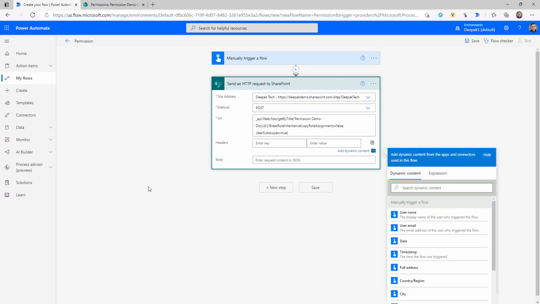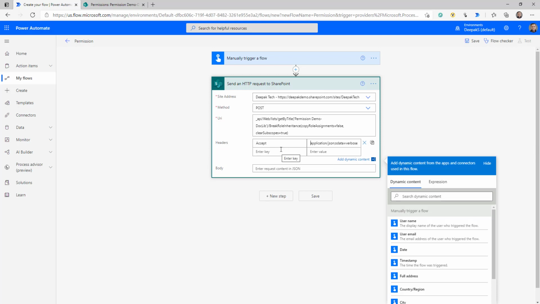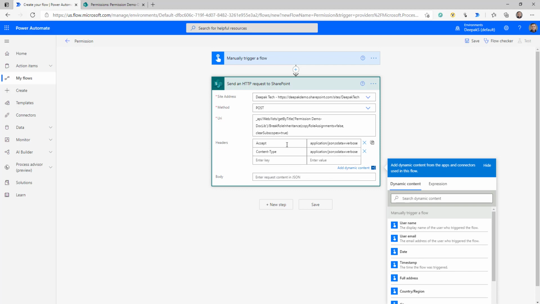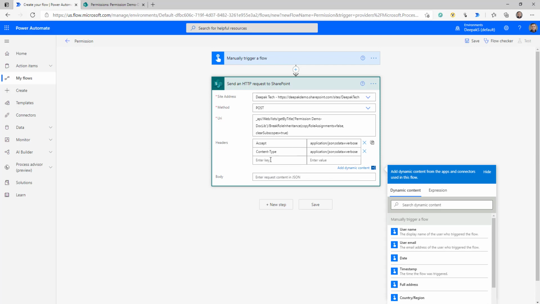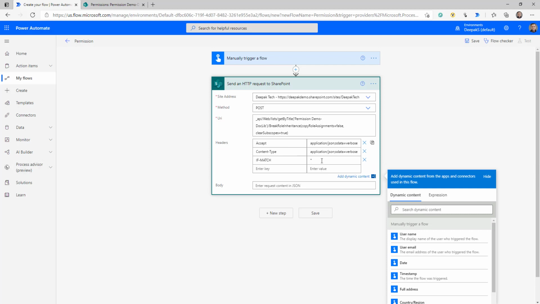Then the most important part is the header. Generally, when we do the GET, if you just provide this header, this is more than enough for the GET method. But when you are doing POST, there are some additional headers you should always provide to make sure that your request gets successfully done and you won't get any 403 or some other unknown error from SharePoint. Okay, so the second header that we need to provide is the content type. The content type is very similar to the accept. The next header that you need to provide is called If-Match. And in this, you can just pass the star. And what the If-Match is doing,